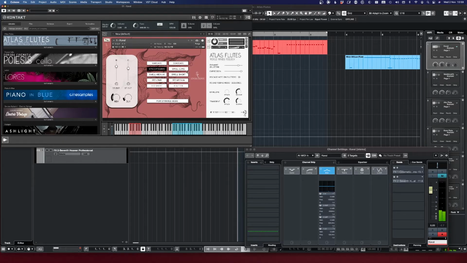And then you have the swells in 3 different lengths: long, medium, short, which are obviously very fun to use in combination with the shorts. I'm going to give you an example in a second. Then you have sforzatos, long, medium, shorts,